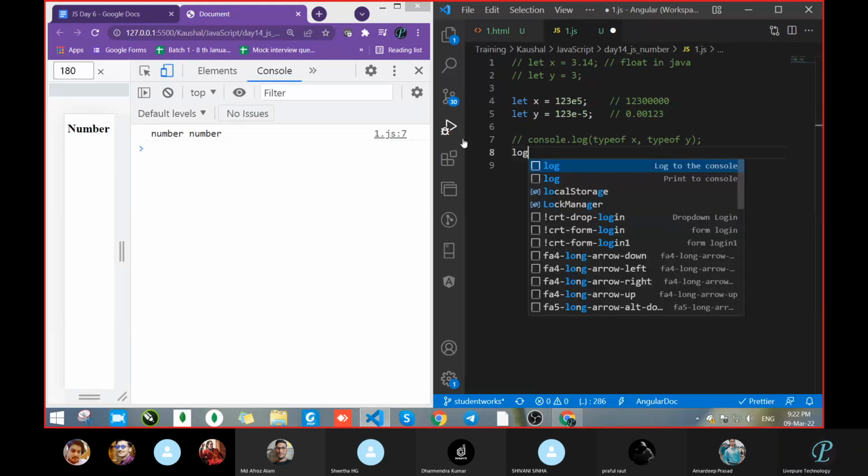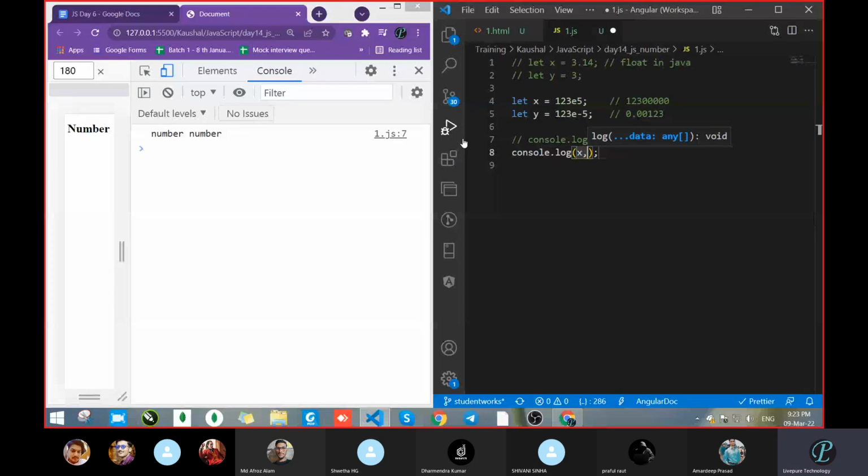Console.log x, comma, y. Let's save and check. See, I am passing both variables at the same time. It gives you some value.